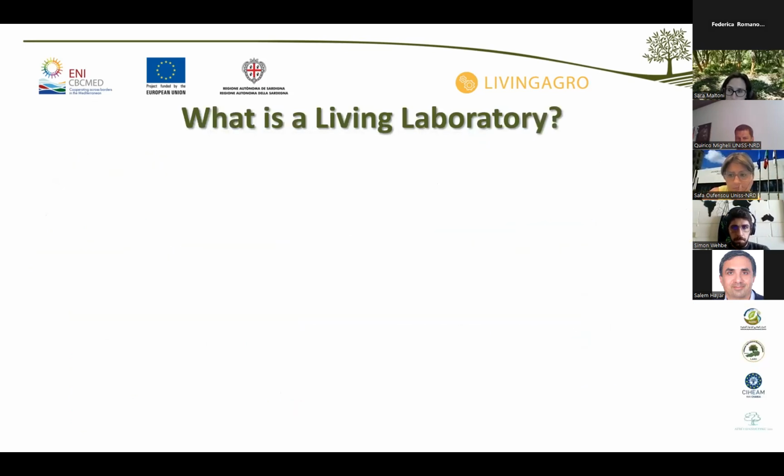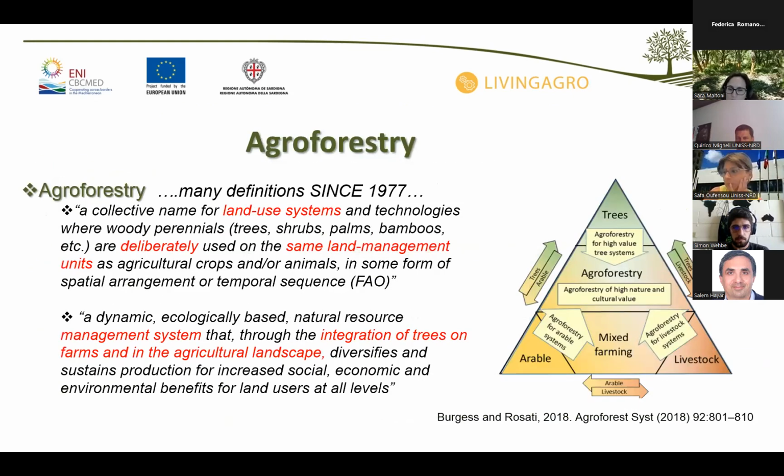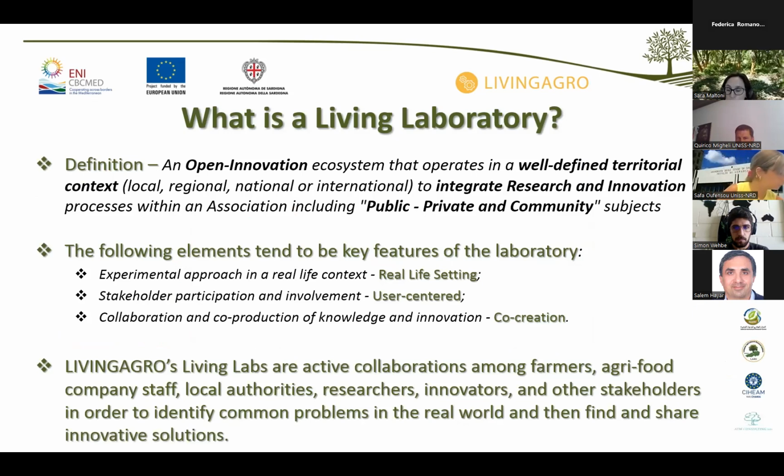The second term of the project, Cross-Border Living Laboratories, is this new word, living laboratory, which is quite broadly used now in many European projects because it is important to involve end users and real-life settings into research projects. So the key features of a living laboratory is just a network of people, a network of stakeholders in an open innovation ecosystem that try to integrate the research and innovation within a community of public-private